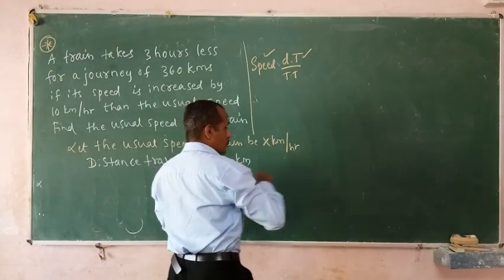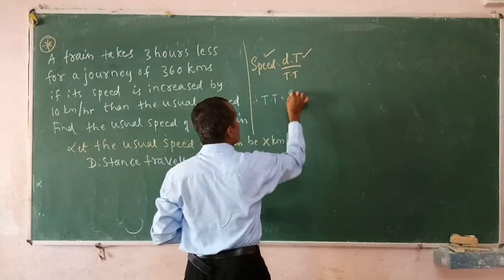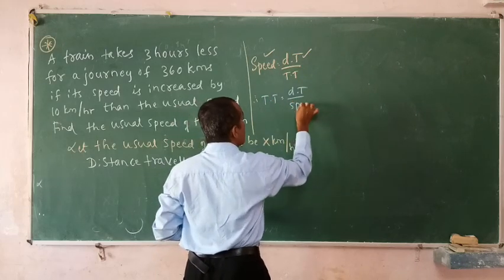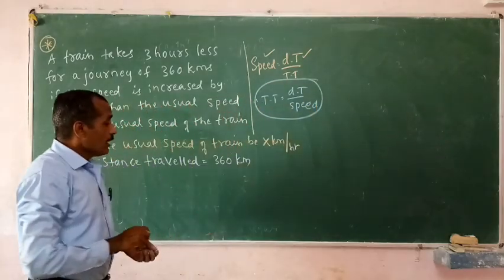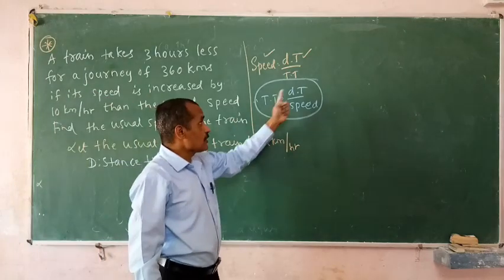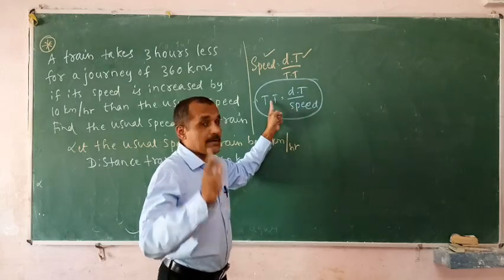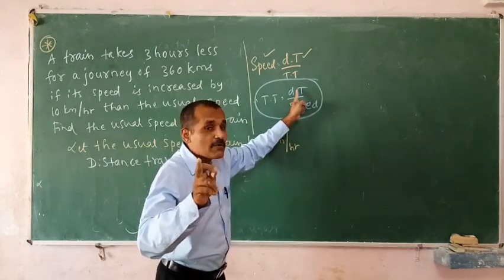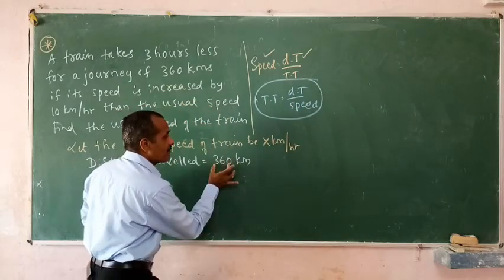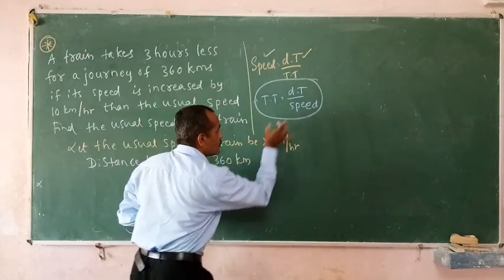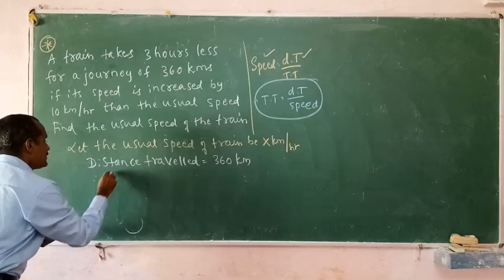Therefore, time taken is equal to distance traveled divided by speed. This is the formula I am using. See, time taken is equal to distance traveled by speed. That means if the distance traveled is divided by speed, I will get the time. See, distance traveled is here, speed is here. If I divide those two, I will get time taken. I will write now, therefore, time taken is equal to